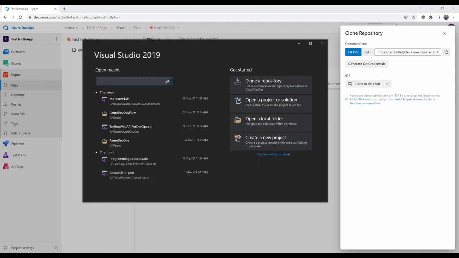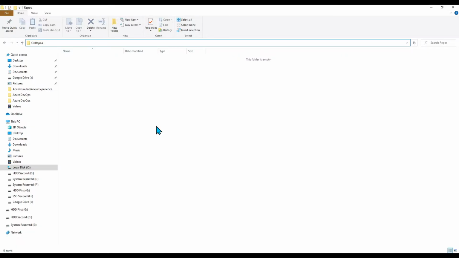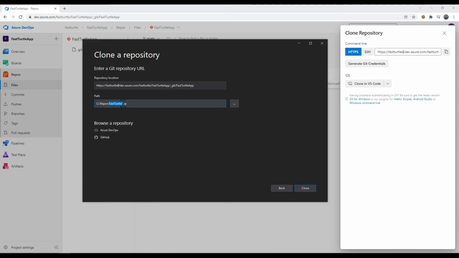When your Visual Studio is loaded, you will see this screen. On the get started page, you can see a clone a repo option here. If you are not selecting clone a repo here, you can select it from inside also, but let us select it from here only. So I'm clicking on clone a repo. Now it is asking me to add a git repository URL. So whatever I have copied from my clone repository, I have pasted it here. Now I have a folder called repos in my C drive, so I would like to clone this code there only. So let me paste that URL directly here.